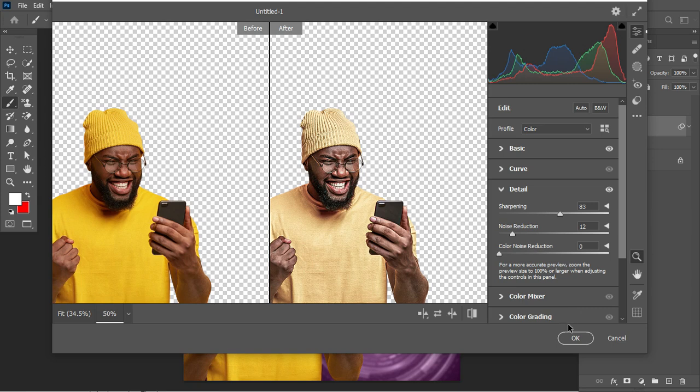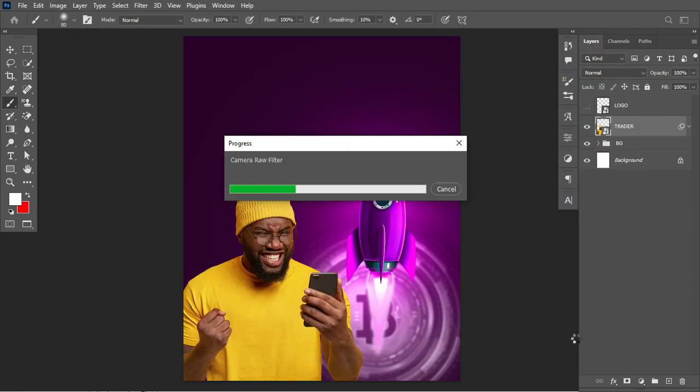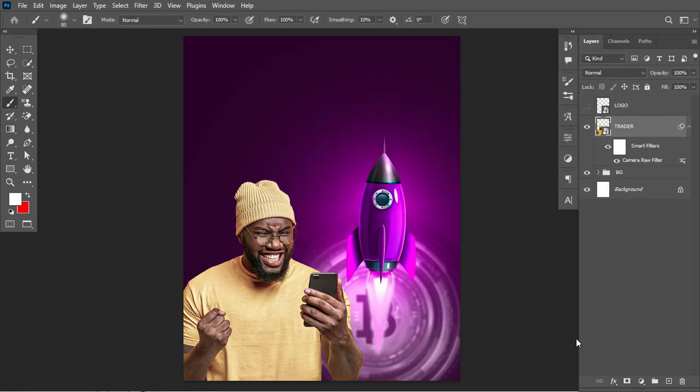Okay, so we'll click on the OK button. That is in terms of this. Now you can see that this image is as flat as whatever you have in mind. So we need to add more depth by enhancing the colors and making this have the same colors as the brand color. That is one of the ways you can create unity and maintain the rhythm in terms of color